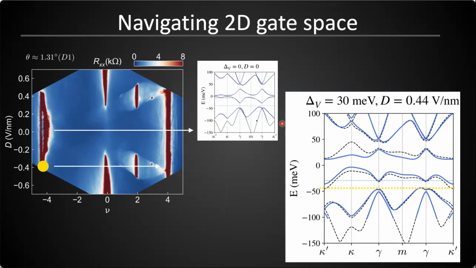Okay, and then we can instead do the same with a perpendicular electric field applied along the sample. And so again, we're going to increase the Fermi energy from below the first valence band to above the first conduction band. But now you see these bands look a little bit different because now we have this out of plane displacement field. And so in particular, you can see that this first conduction band is quite a bit flatter. Okay, and so now if we start with that yellow dot down here, then we can start adding some electrons. We're filling the valence band. Then we get to the band gap in the middle, and we start filling the first conduction band,